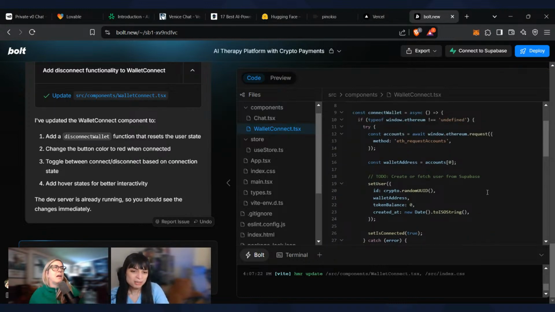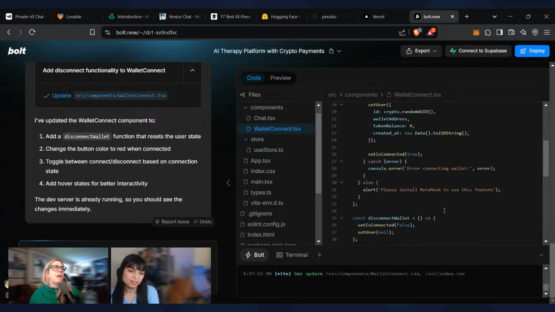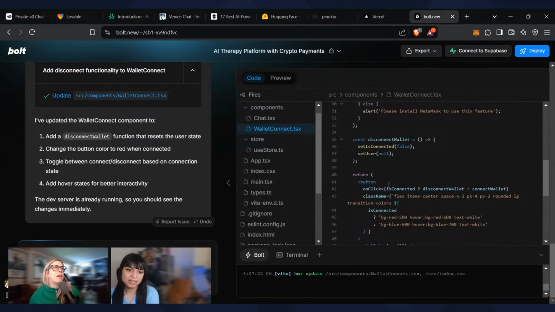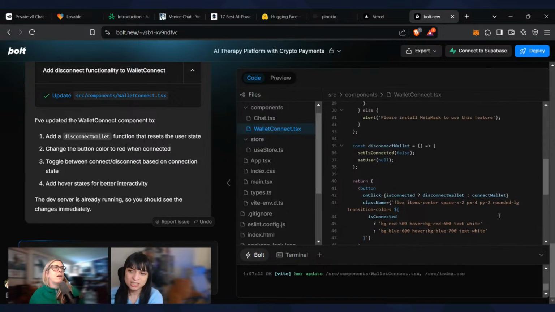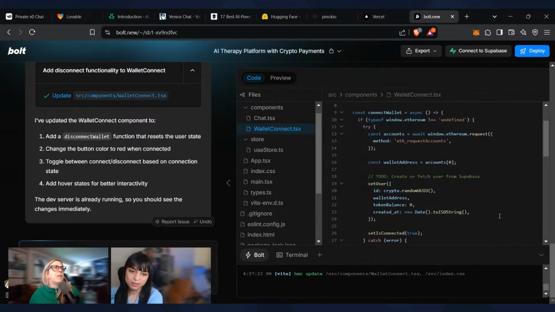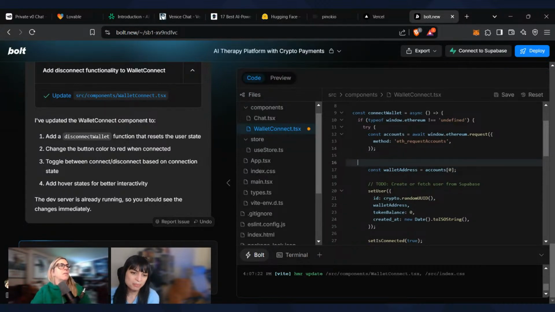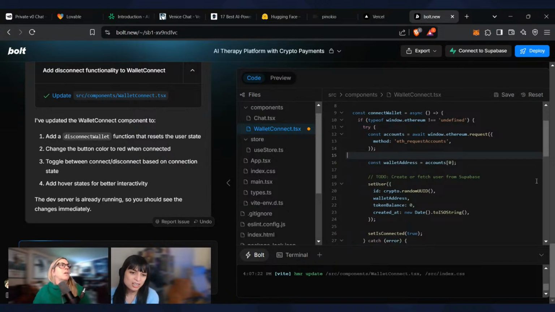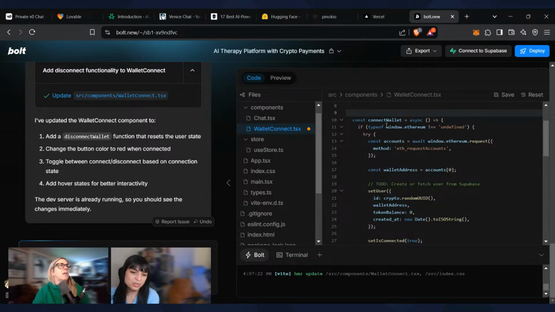Right above the connect wallet button, up where it says constant connect wallet. Oh, sorry, I thought you meant the actual button code. Yeah, so above line 9. You'd still be within the connect wallet logic, but you want it to be outside of connect wallet, so this is its own little handler. So you could do a constant handleToggle or something like that, or handleConnection.